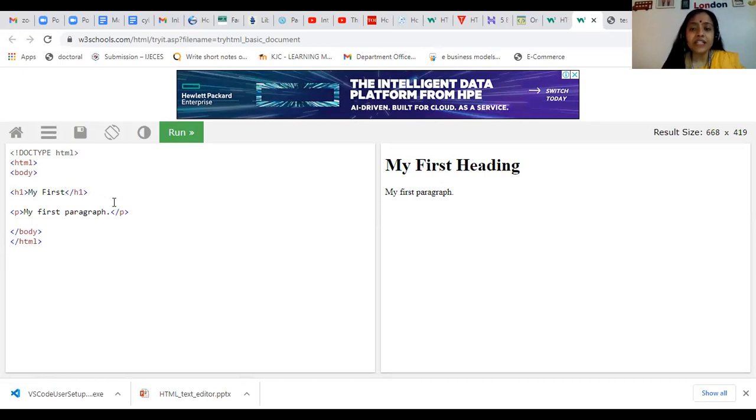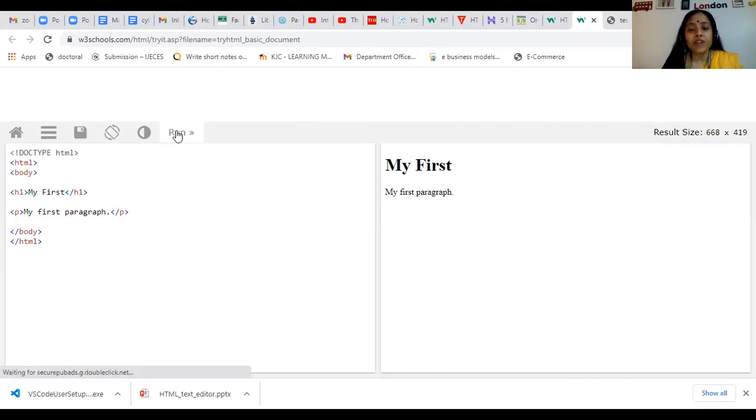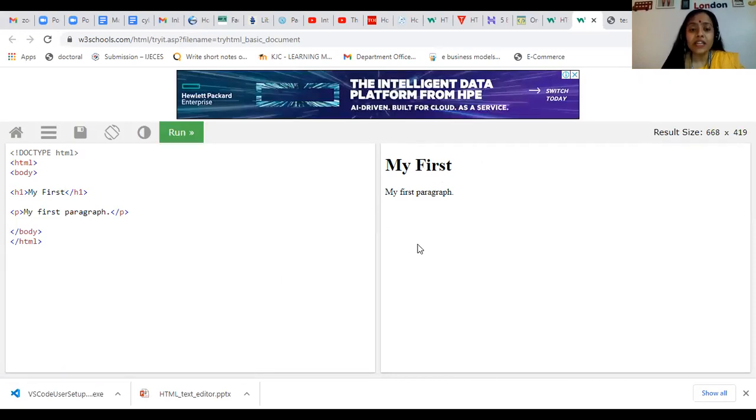Like I have changed my first heading to my first, and I have run the code, and immediately you can see the output on the right hand side. Students, it is very easy to use the online text editors, as you can even use them comfortably from your mobile phones. You can change anything here and see the output on the right hand side.